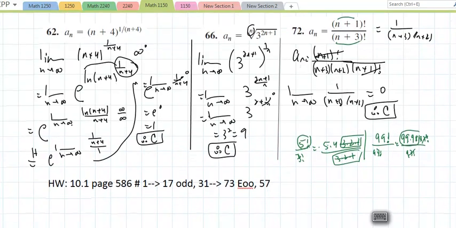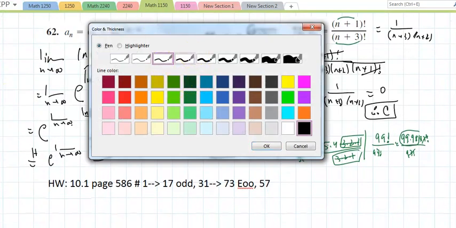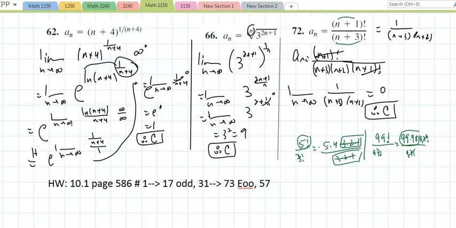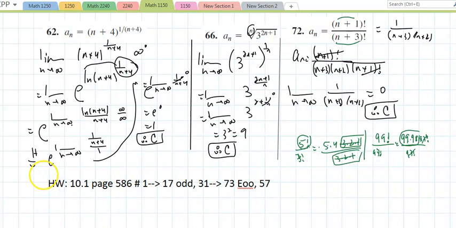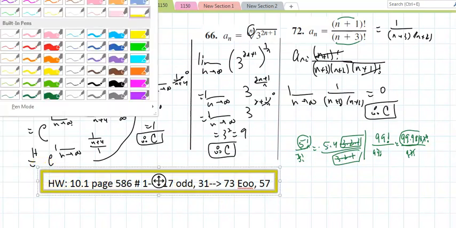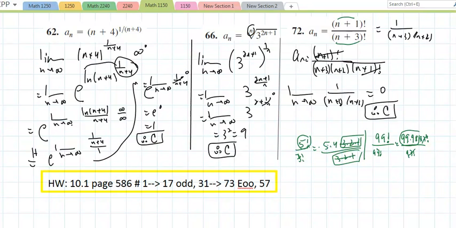And there is my homework. One through 17 odd, 31 through 73 every other odd, and number